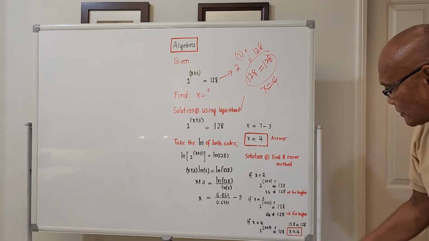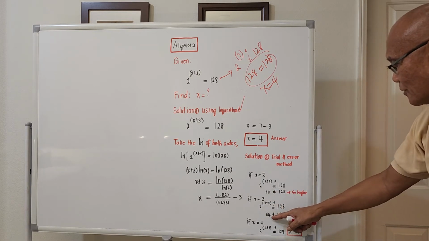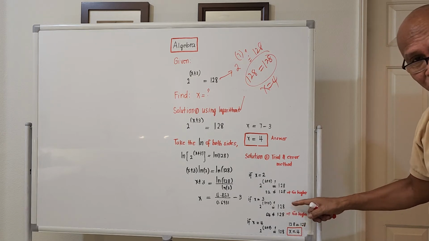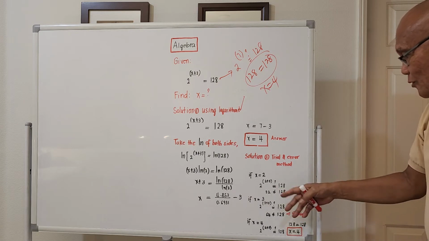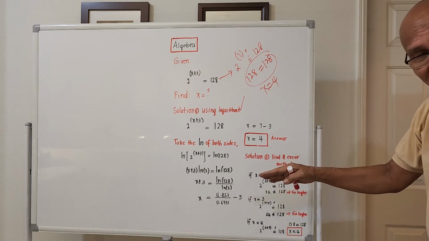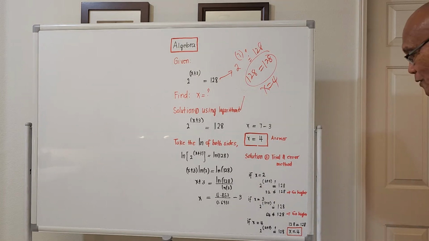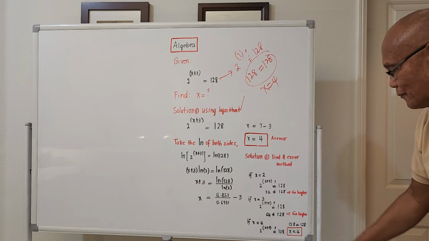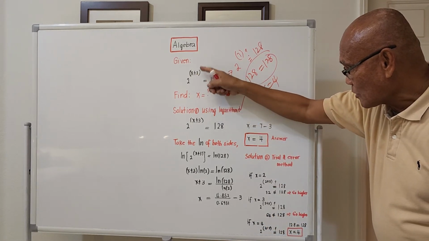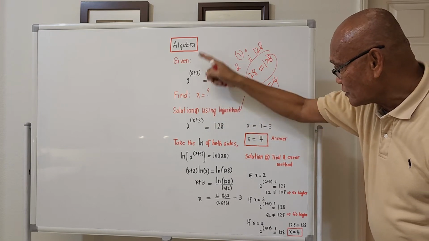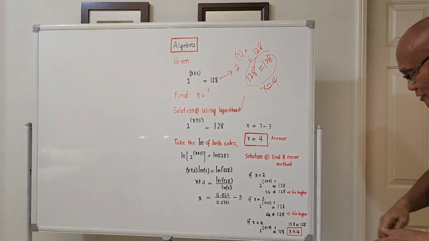So if x equal to 3, this will become 2 raised to 3 plus 3. 2 to the 6 is actually 64. And this is not equal to 128. Right? So meaning to say, the value x equal to 3 is lesser than the correct value. We assume for the last time that the value of x equal to 4. If x equal to 4, this will become 2 raised to 4 plus 3, which is 7. And luckily, 2 to the 7 is actually 128. So, after 3 trials,